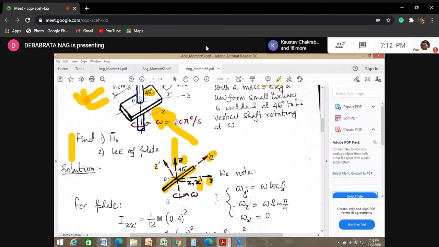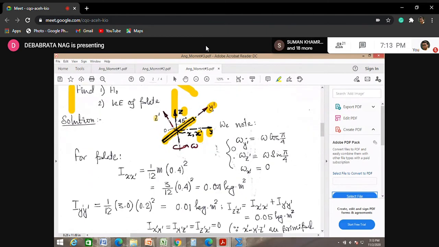So what we do therefore, I first of all calculate the entire thing with respect to these x dash, y dash and z dash axes, because these are the axes about which the inertia terms are known. So I first calculate the angular momentum vector with respect to these three sets of axes, and then we transform them to the small x, y, z axes. So the angular velocity term is decomposed, because we are going to find x dash, y dash and z dash components.